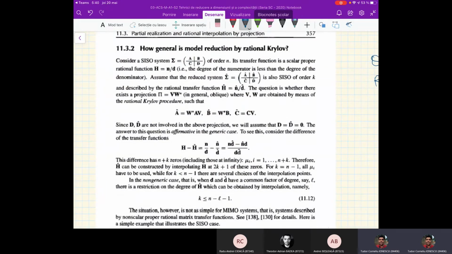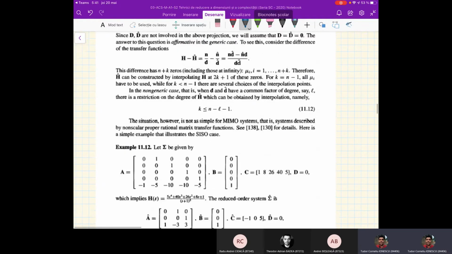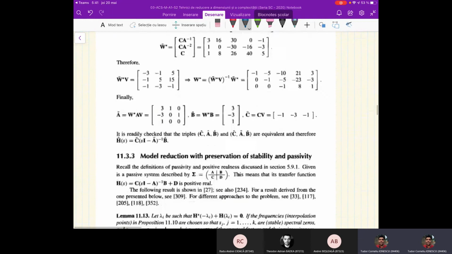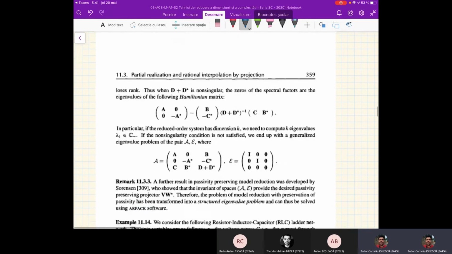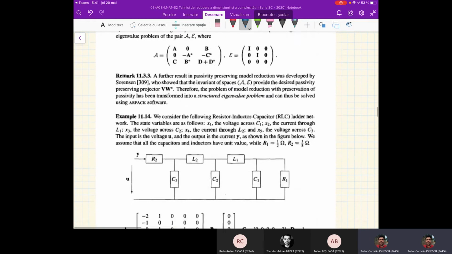Now there is a question here: how general is the model reduction by rational Krylov? The response is that it's quite general. Of course, you can have model reduction with all sorts of properties, such as stability preservation, such as passivity preservation. This is this lemma: if the frequencies in the interpolation points are chosen such that the stable spectral zeros and the zeros of the spectral factors and so on and so forth,